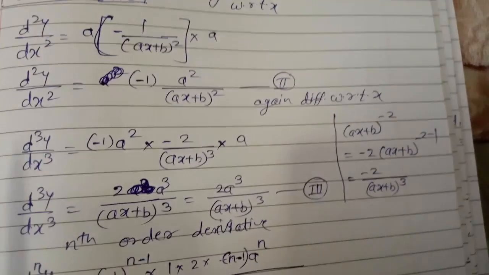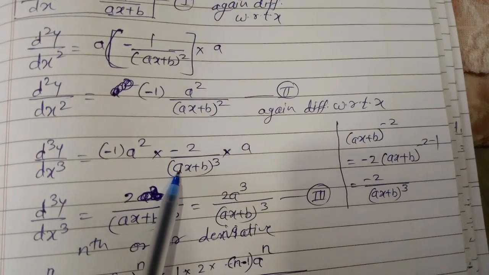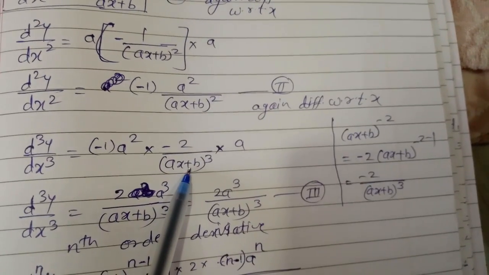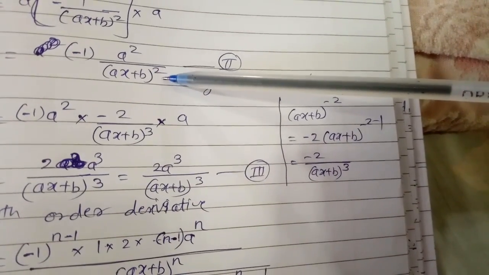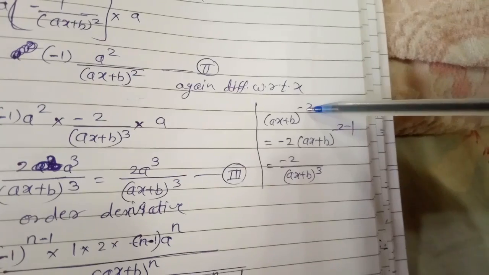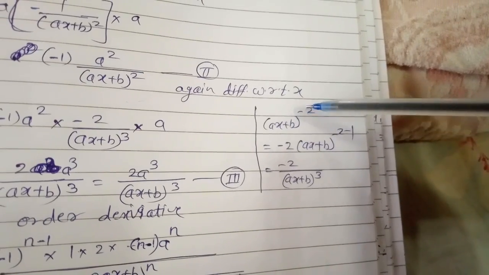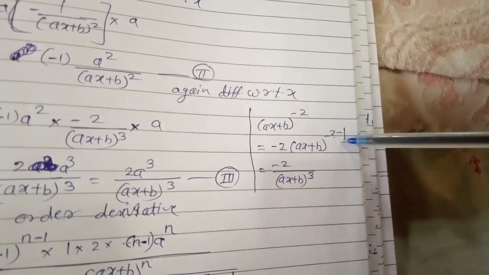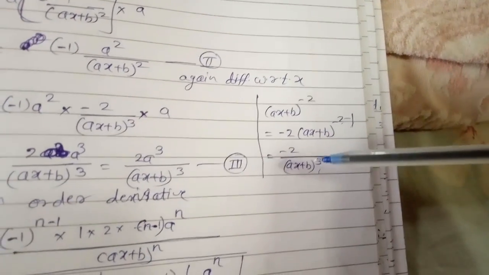Now again differentiating with respect to x, we get d3y by dx cube, that is minus 1 a square. a square was common, so we took it outside. Minus, we will take the derivative of this also. So here I solved it a bit on the side. If we take the quantity from the denominator to the numerator, then this -2 up here will come in the form of a power. So -2, just here we are applying the formula of x raised to n. So we wrote the -2 from above here. So (ax plus b) raised to -2 -1, so totally we get here -3. So -2, this -3 will become plus if we put the quantity in the denominator.